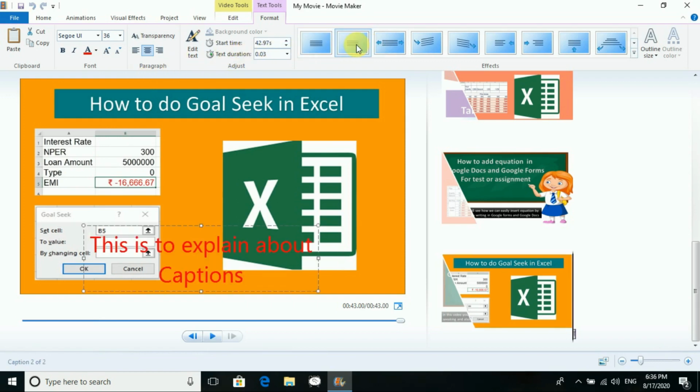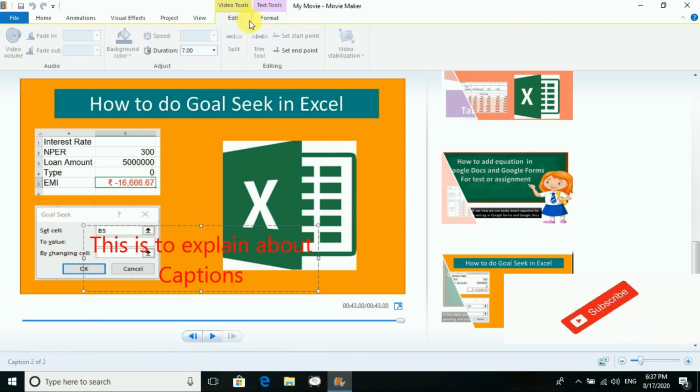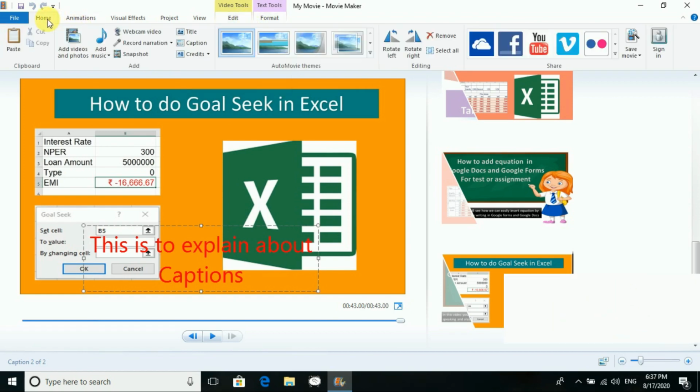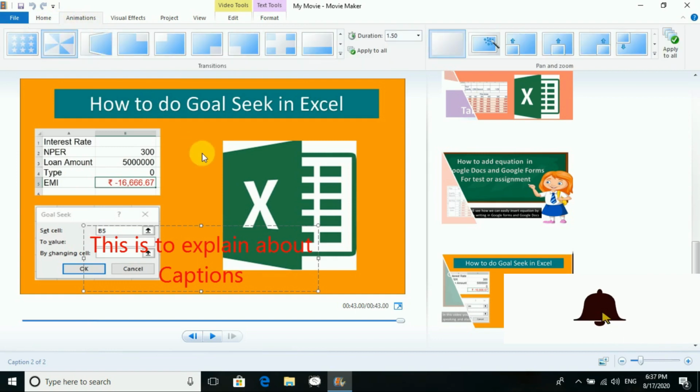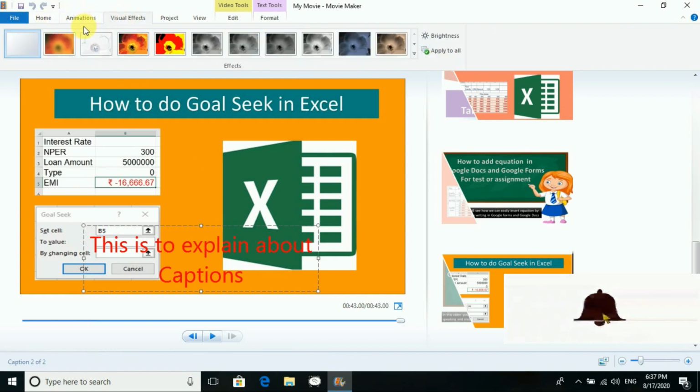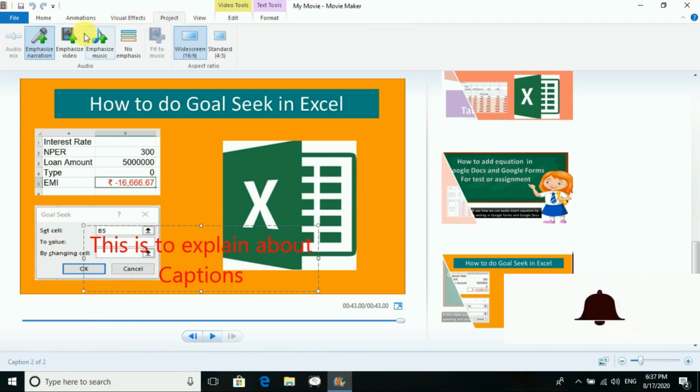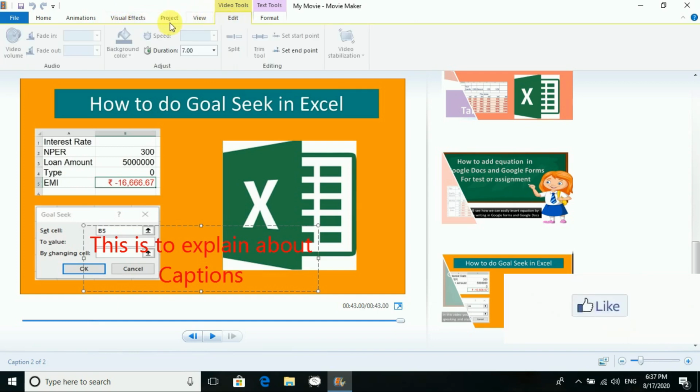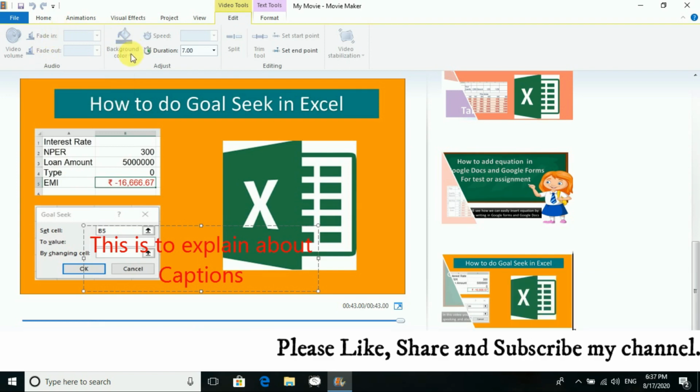Again the same thing if you want to give it over here, right? Different methods are there, different ways are there where we can see all these things. Okay, and the time and the duration, yes, you can give it. Okay, now we will go with the option of music. I don't have the music over here, but yes, in the music here we have the option of fade in and fade out the volume of the video or maybe the music, that we can do.